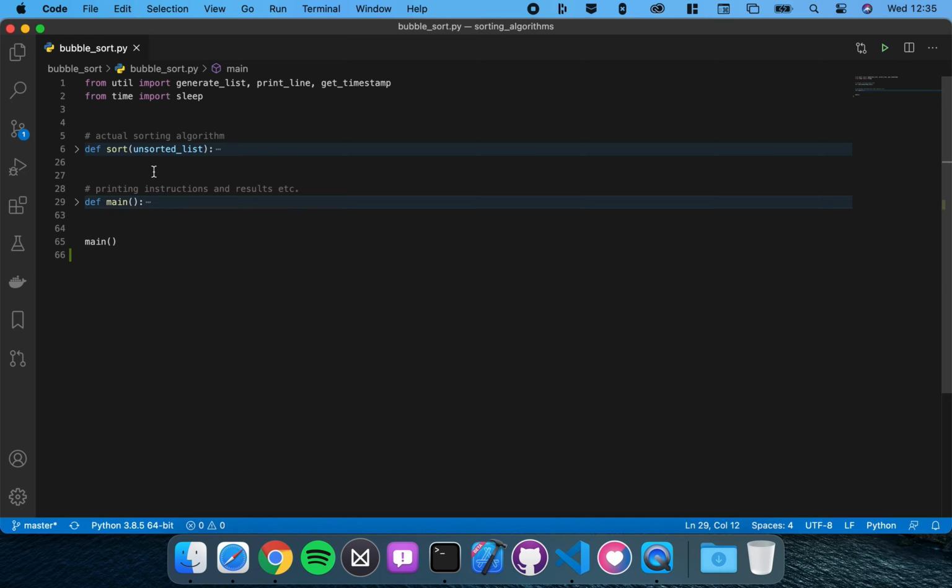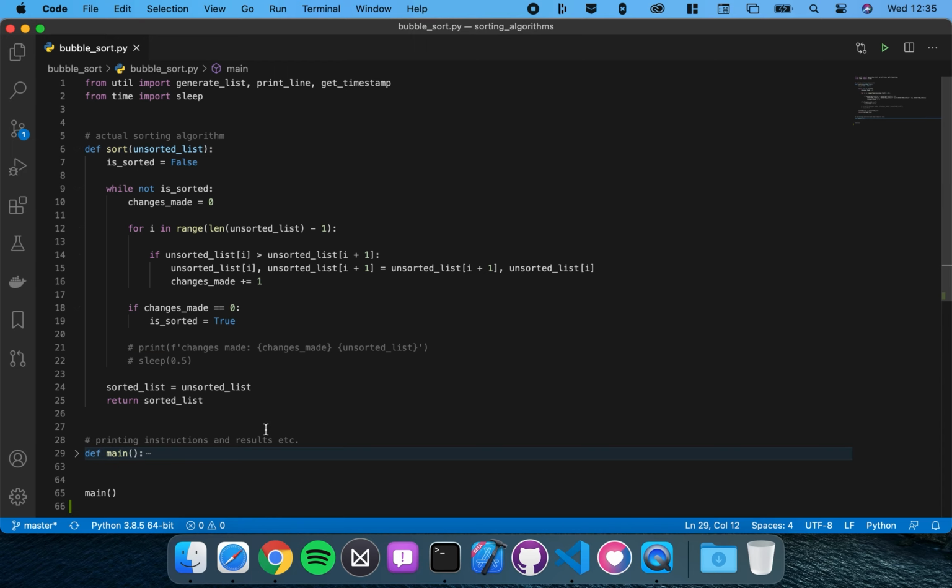You can see we take one argument, one input, which is unsorted list. Now, if I expand this, you can see that is actually not a lot of code. And you're right, it's actually very simple. It's just a repetition that is taking place a couple of times. As you can see, we do have a while loop, we do have a nested for loop, and we have a couple of if statements, which already seems kind of redundant, and it is,